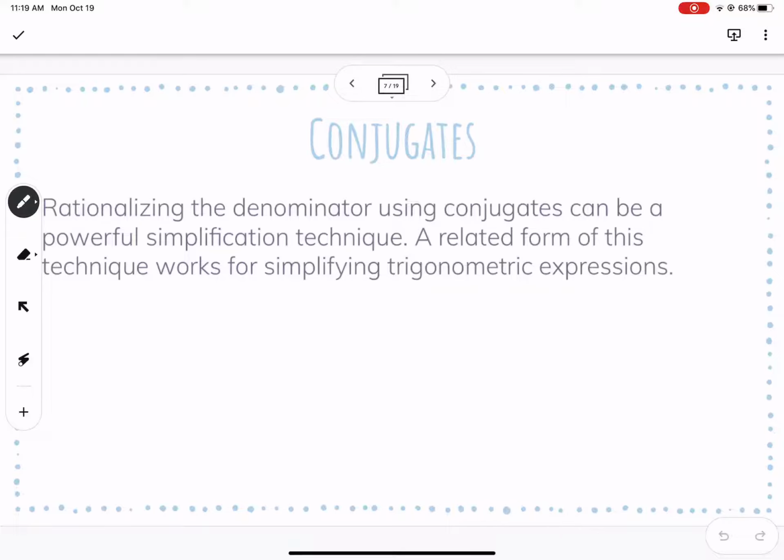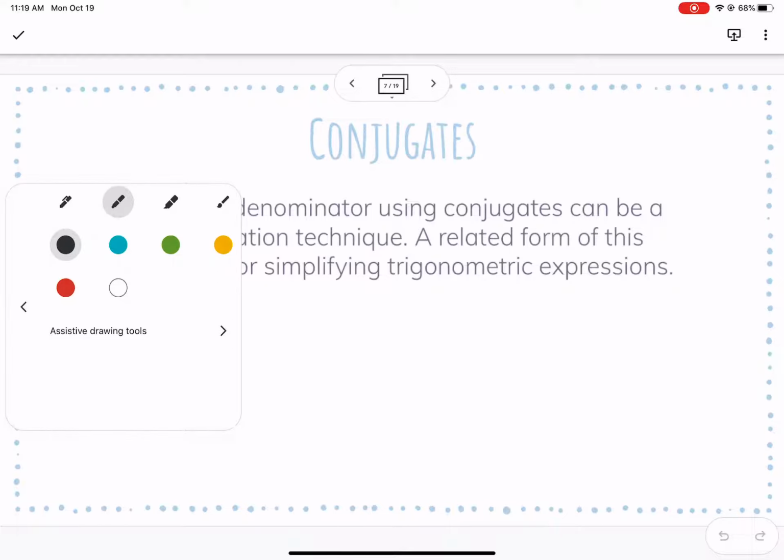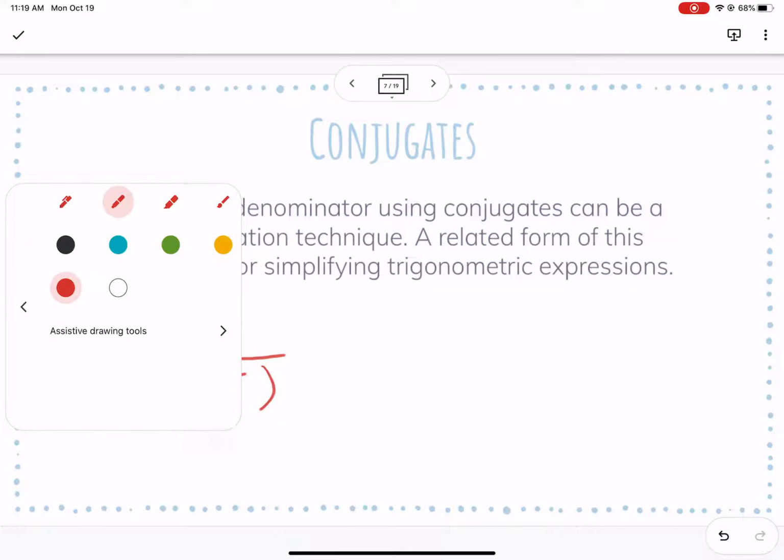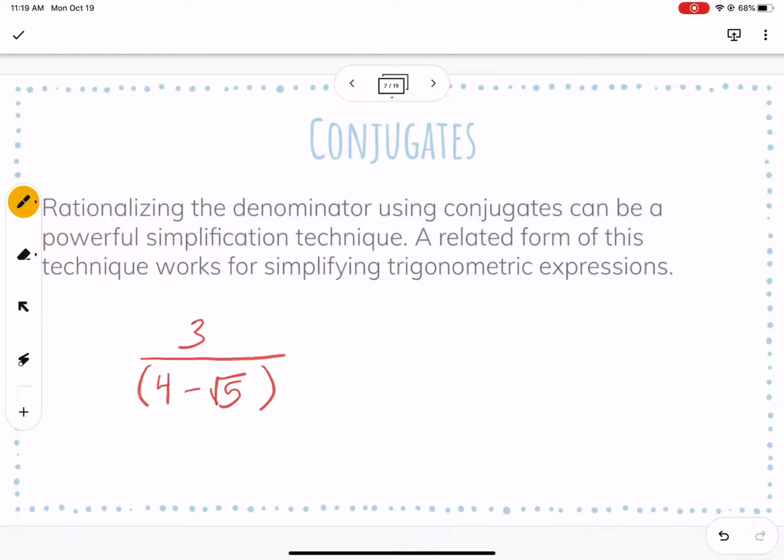So just as a little reminder, if you don't remember what a conjugate is, we did do those in Algebra 2. And so here's an example. You definitely did them when you were studying radicals. So let's say, for example, we have something like, let's just put a 3 in the numerator. Let's say in your denominator you have something like 4 minus radical 5. So we're not allowed to have radicals in the denominator, and so what we did is we did this process called rationalizing, where we multiply